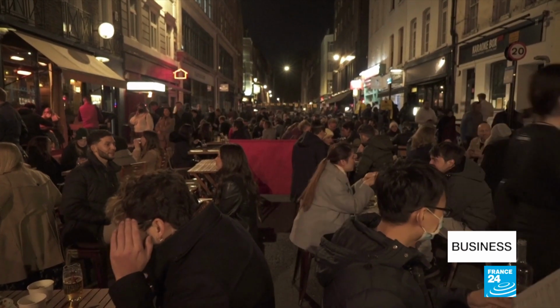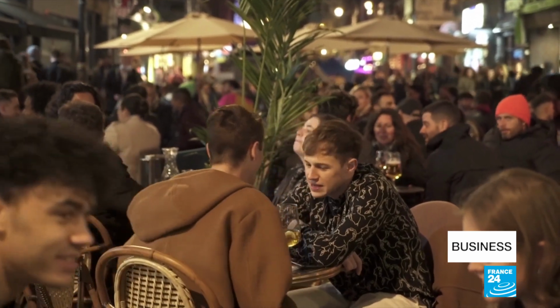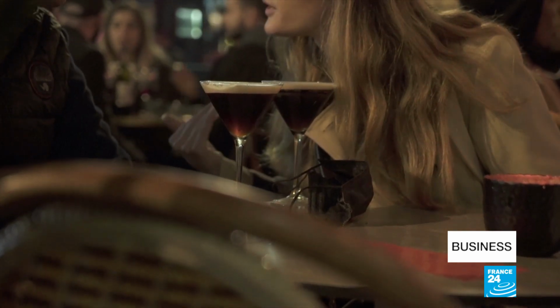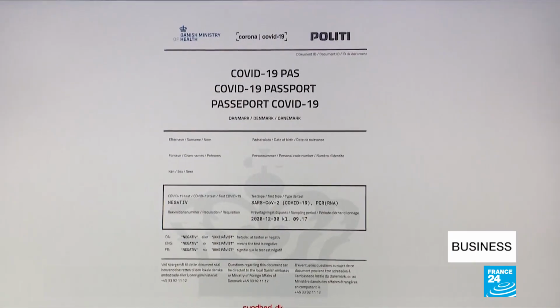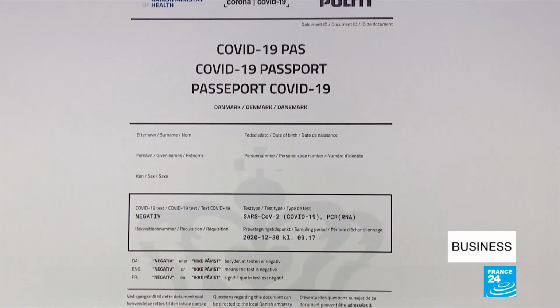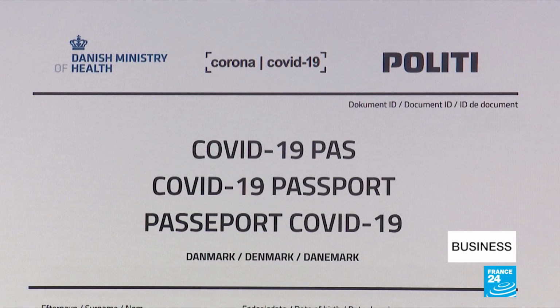Scenes like this may feel like a distant memory. But with coronavirus vaccines being rolled out in many countries, there's hopes a return to normality could be within sight. These digital documents could be key in making that happen. Vaccine passports that prove a person has been inoculated. The Danish government has launched a scheme in cooperation with business organisations in the country, which should go live in